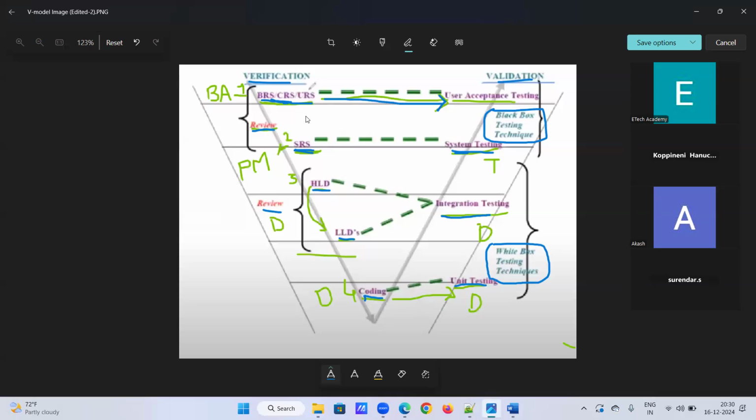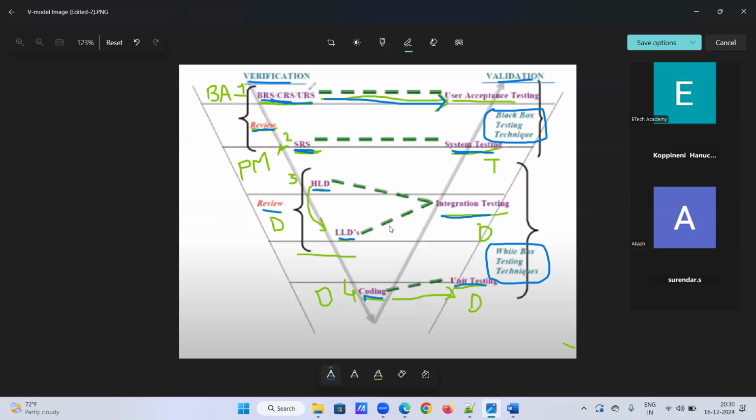Before starting the development, we have developers and testers. But in the waterfall model, it is not like that. After completion of a few phases, the testers will be hired. But here, developers and testers are hired at the beginning of the software development process. So that's the reason cost is high, because we have to pay them from the beginning itself, and more documentation will be there. It takes a lot of time.